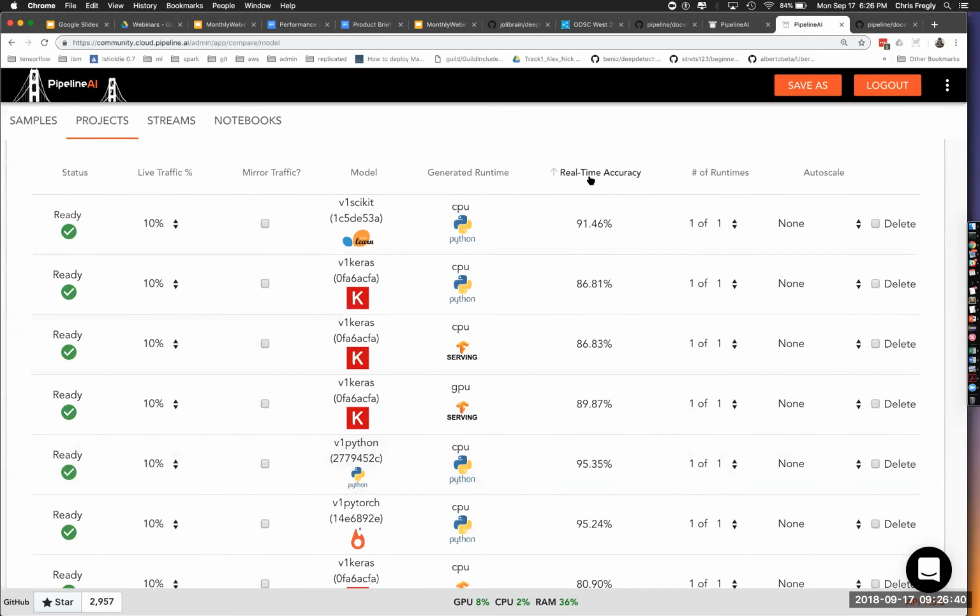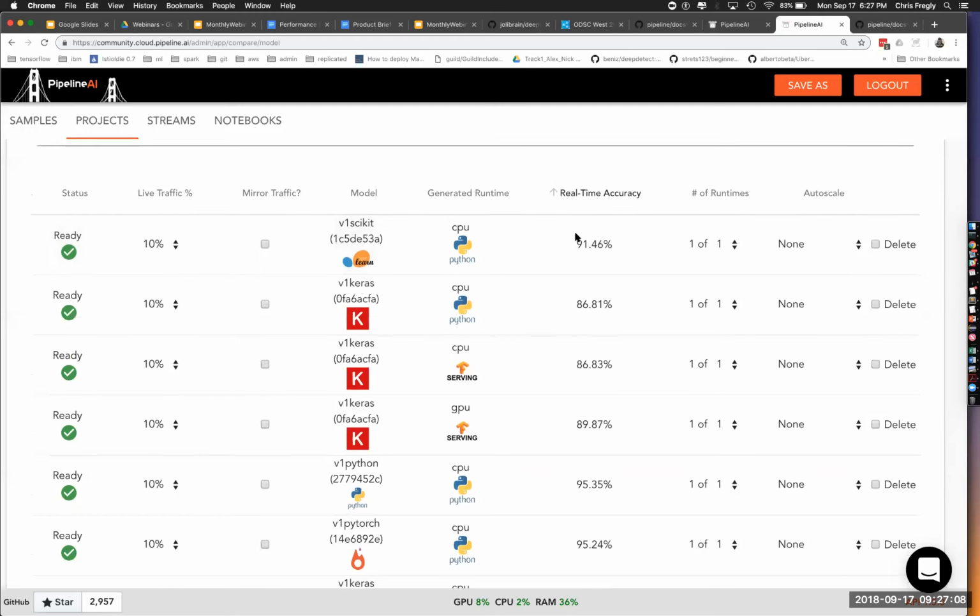So this is where, depending on the ground truth that's available to us, sometimes determining real-time accuracy involves a Spark job. And so you could really only achieve the 24-hour sort of real-time accuracy. So depending on what your function is to determine this accuracy, this could be a Spark job, this could be a function.